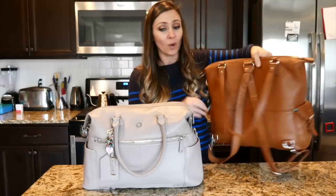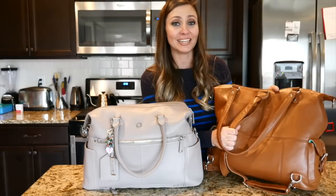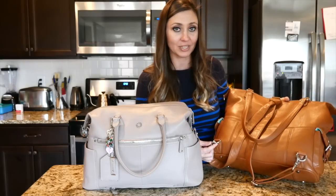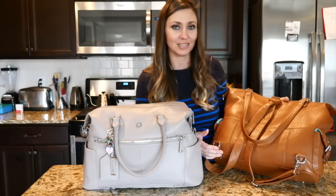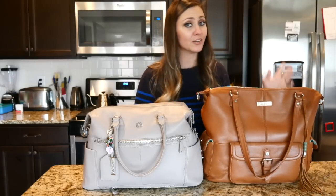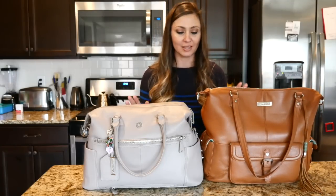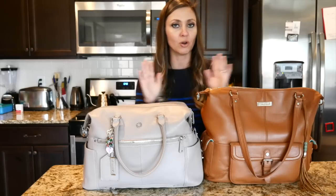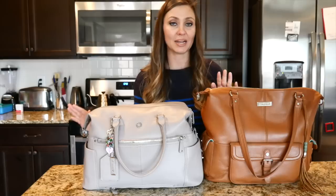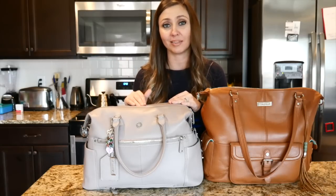And plus, while being backpack mode capable is a really nice touch when I'm using this as a diaper bag, I don't think I'm gonna love having these D-rings on the bottom if I'm trying to use this as a purse because it just takes away from the aesthetic overall. Again, not here to slam Lily Jade. You guys know I love my Lily Jade Megan. But I definitely think if you're looking for that investment, if you can only buy one leather diaper bag that is not a dedicated backpack style bag, I will say that I think you're spending better money on the Thea